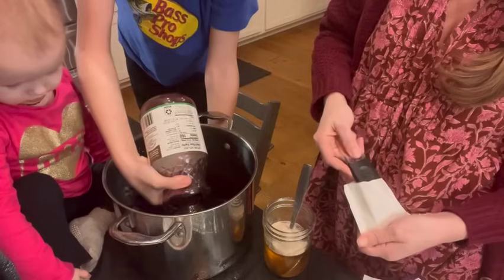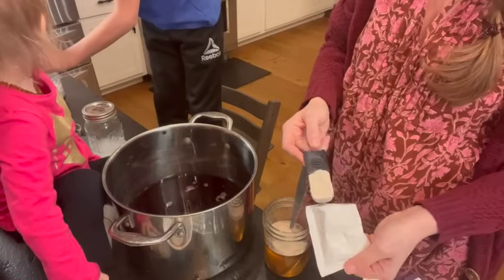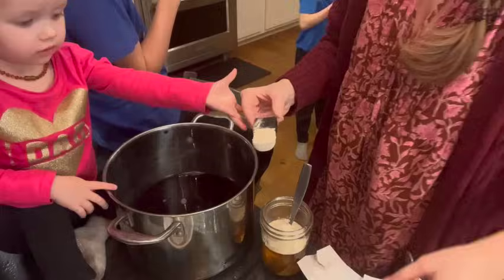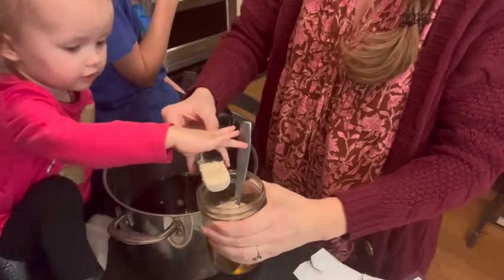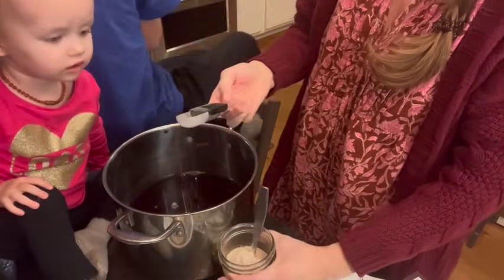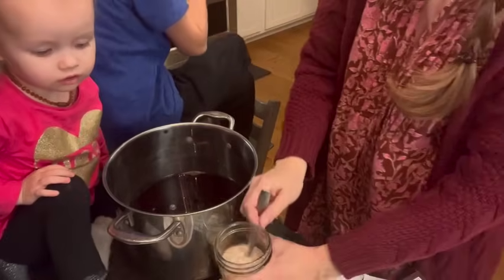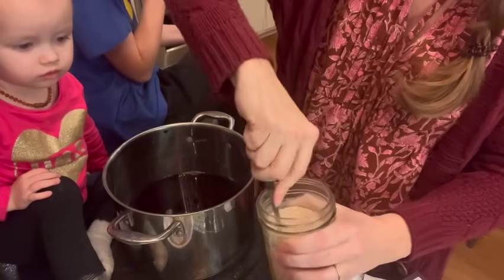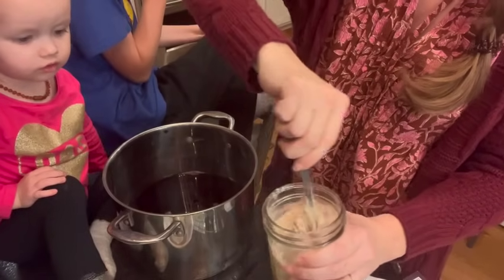So I'm adding this pectin to the honey itself. Now you want to add the pectin to the smaller amount of honey and get it well stirred. The reason is that this helps the gelling factor. And later when you taste it, if you want it to be a little bit sweeter over on the stove, you can go ahead and add more honey at that time after you have your pectin mixed into the sweetener